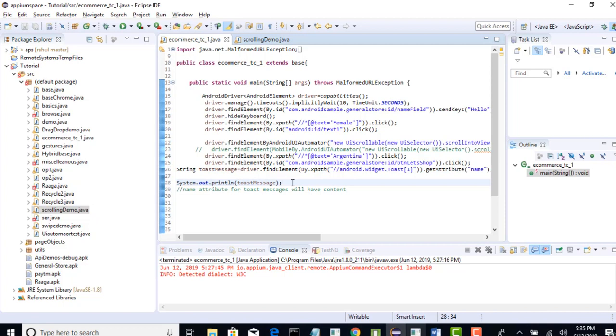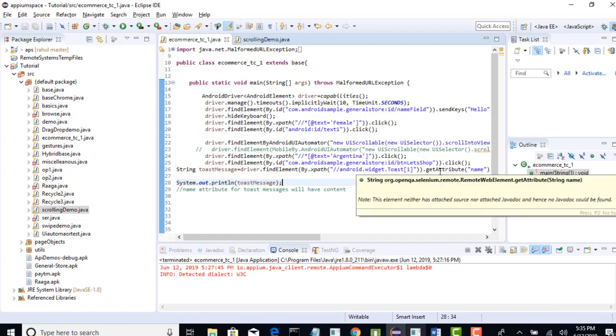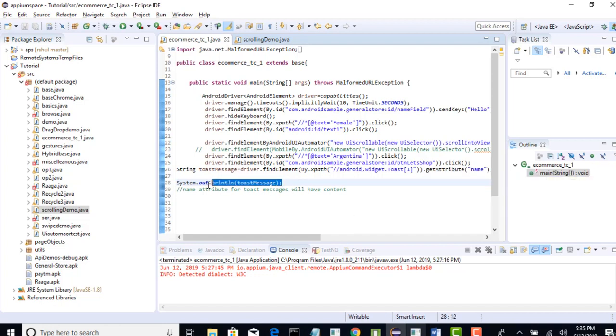So when I run this code now, output should be like "please enter your name." That's the output we are expecting, because we are trying to print the text which is present on the toast. If there is no toast message at all, then this test will fail. This XPath itself will not be found and you will get the error message. But I don't want to mess this particular test case. So what I will do,